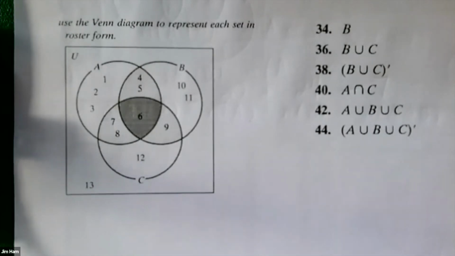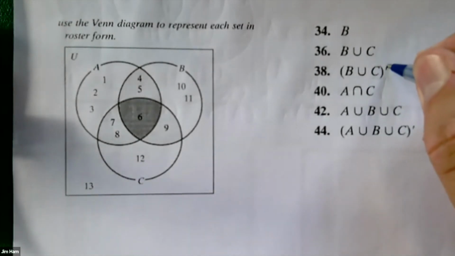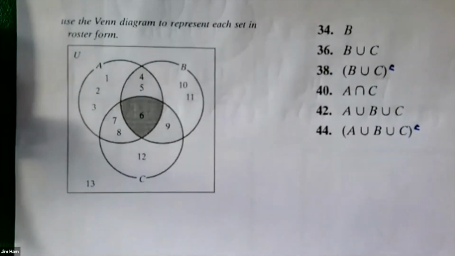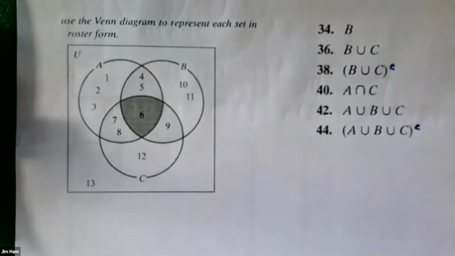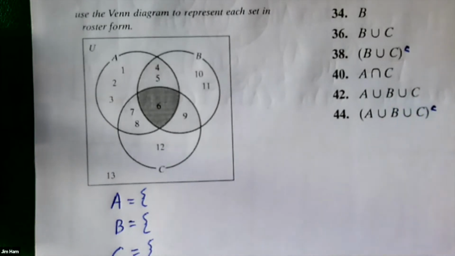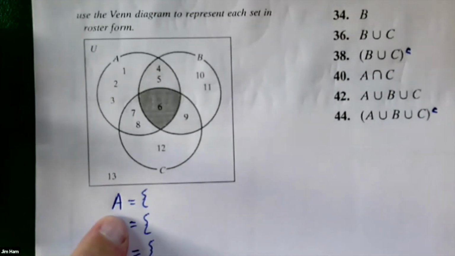The other thing I want to remind you of is that our book uses complement to be the little superscript C instead of the apostrophe. So I'm going to change those two problems to a superscript C. Okay, we're going to start this one like we did the others. We use the set A, and we use the set B, and we use the set C in some of these. And so it's important to